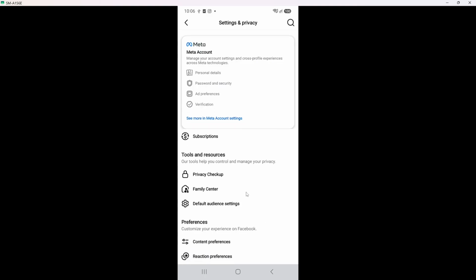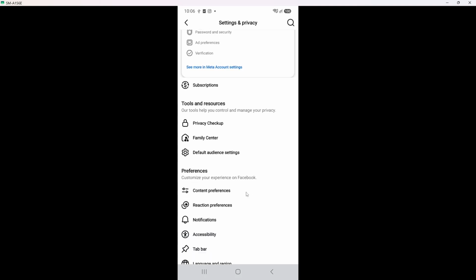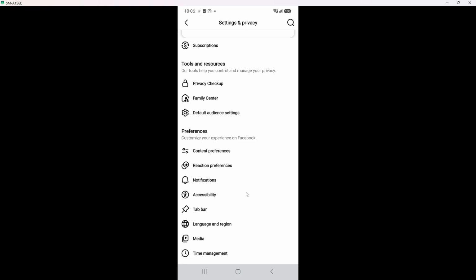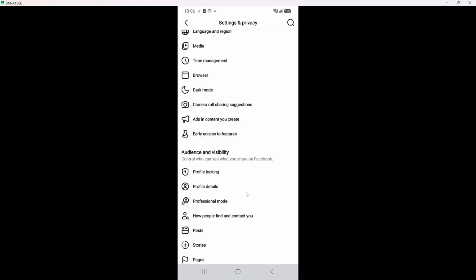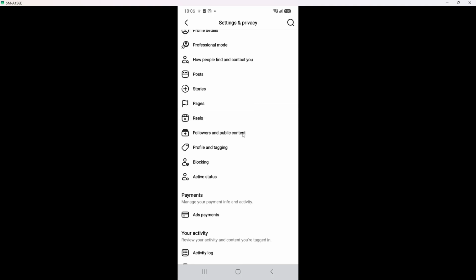Scroll slowly and look for the section that mentions how people see when you are active. You might see a short description about allowing people to see when you are active or recently active. When you spot active status as its own row, you are in the right place and can move on. Once you see it, tap Show when you are active. This opens a dedicated active status page.